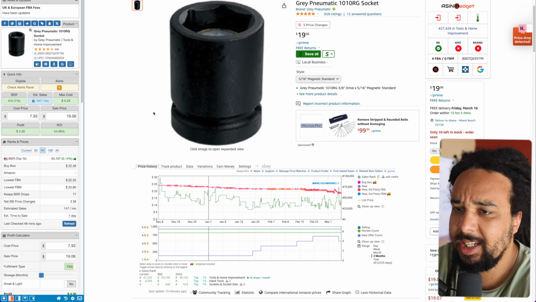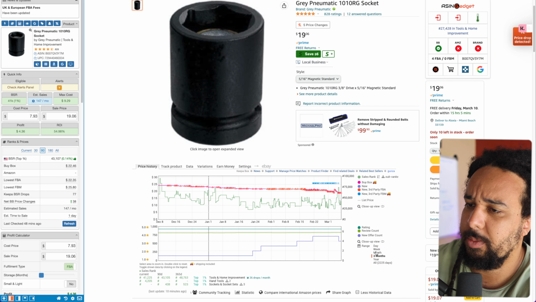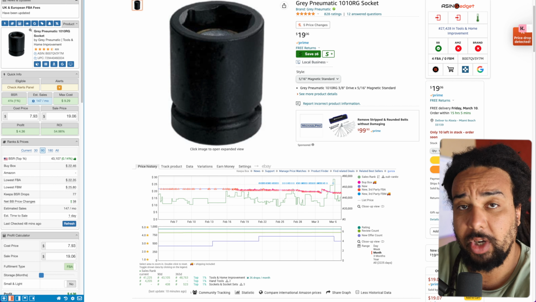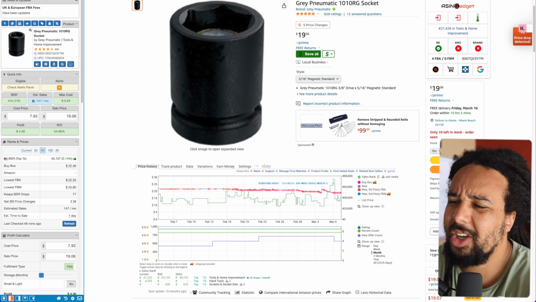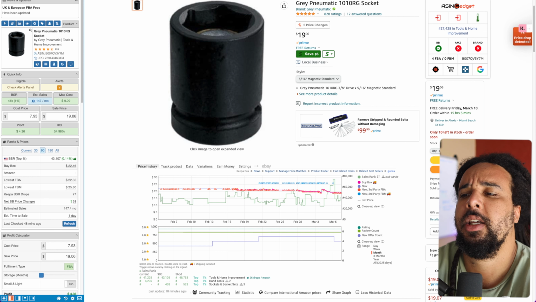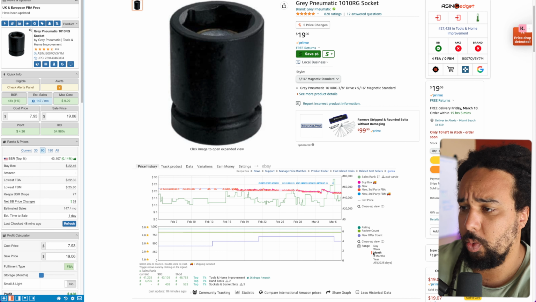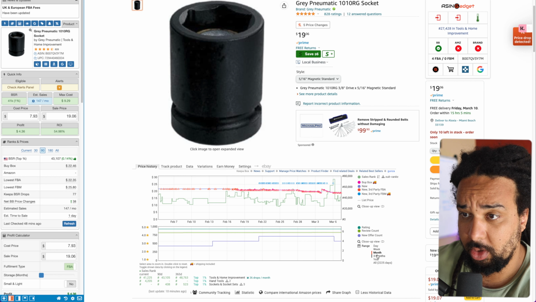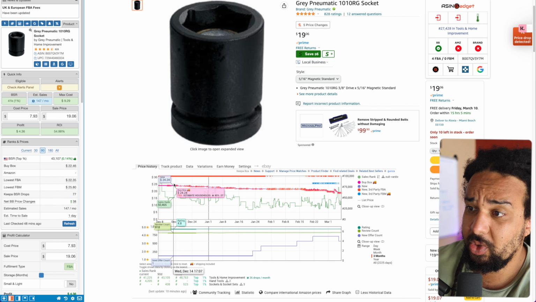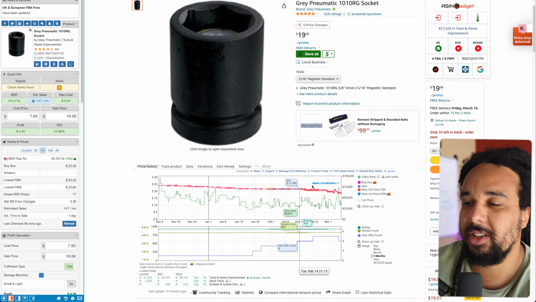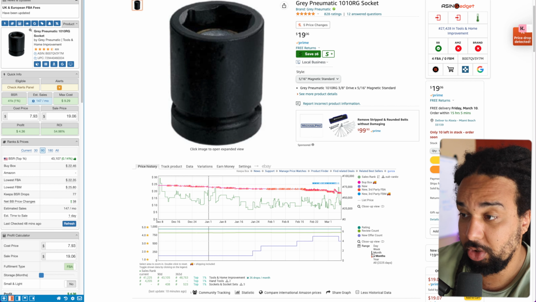So a listing like this may look good when you look at it, and let's go to the monthly view. If you look at it at the monthly view, it looks all right, right? You see the price going down a little bit, but not by that much. It looks all right, right? So when you are on the monthly view, yeah, it looks okay. But when you go back a little bit more, when you look at the 3 months view, you see that the price is really trending down. It's been trending down for like 3 months, so it's really not good, right?